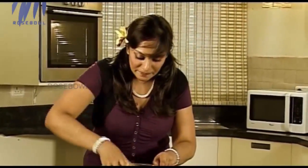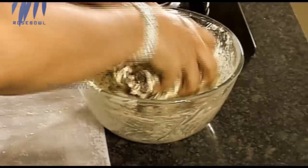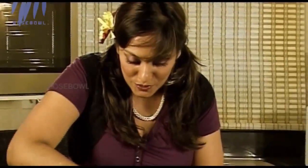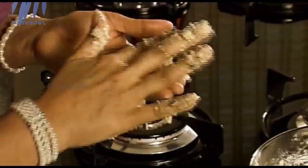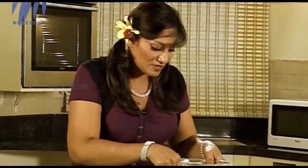Okay. And then I'm going to use my hands, the best kitchen implements. This is your dough. Now, if you keep it for some time, it'll be a bit more stiff again, because there's oats in it, and oats have a capacity to absorb all moisture. So little tiny bits, probably like this, okay, and make it into cookies. I'll actually keep it here so that you can see it,